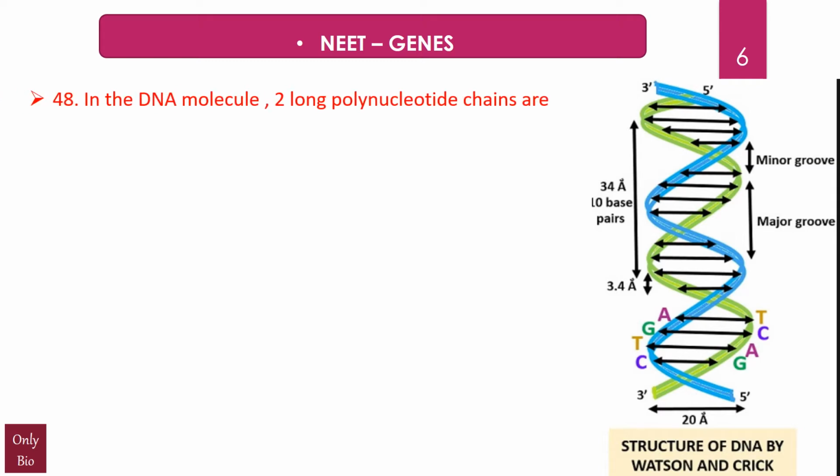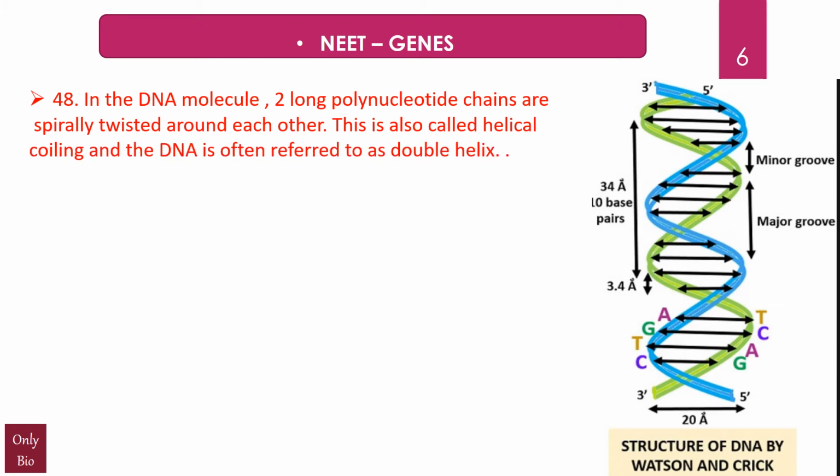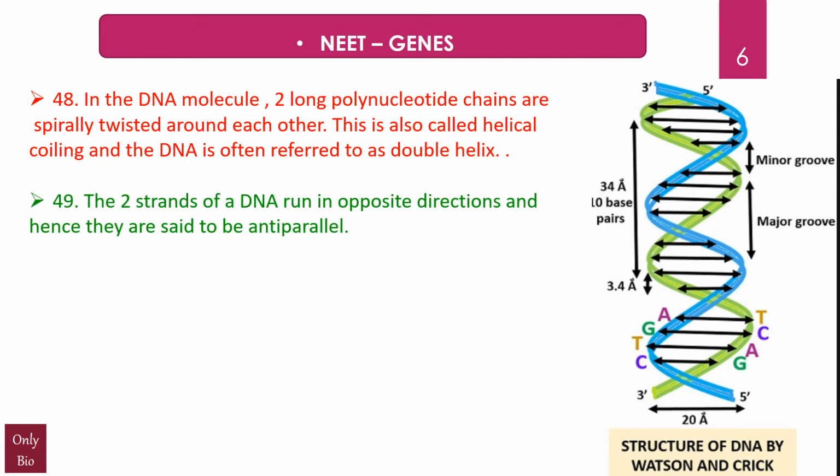In the DNA molecule, two long polynucleotide chains are spirally twisted around each other. This is also called helical coiling, and the DNA is often referred to as the double helix. Friends, on the right hand side of the screen, you can see a beautiful picture depicting the Watson and Crick model of DNA. Next, the two strands of DNA run in opposite directions